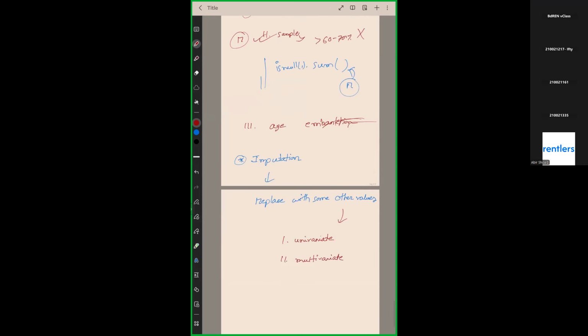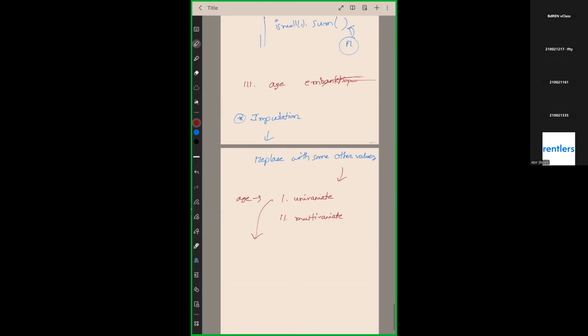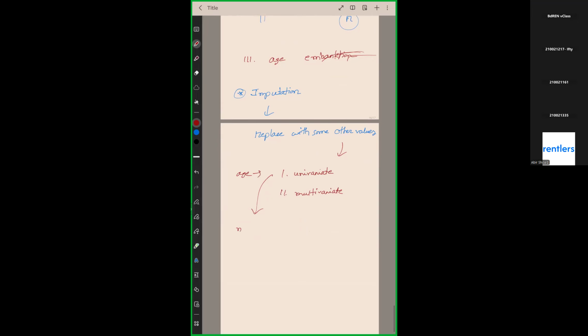Univariate means using only that feature information, that means only one feature, just the age feature. Multivariate means using all feature information. What does that mean? For instance, for the age value, if you calculate the average, the mean value